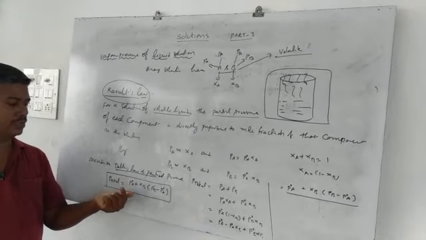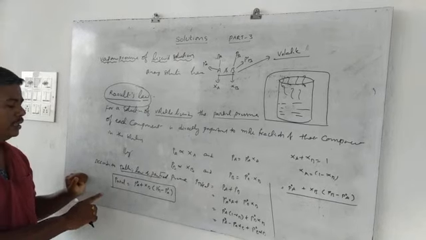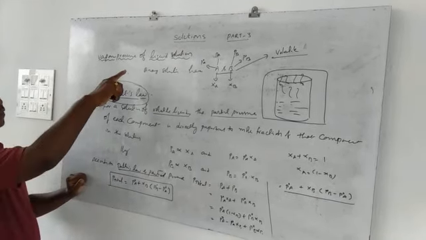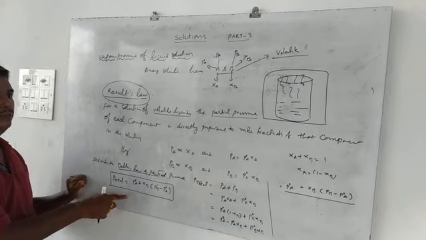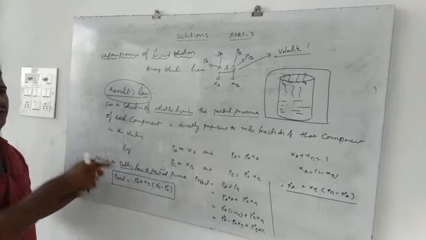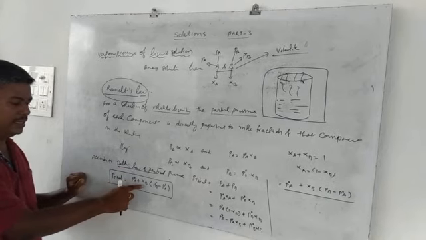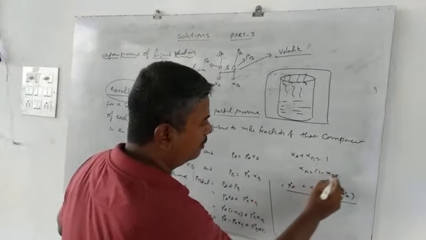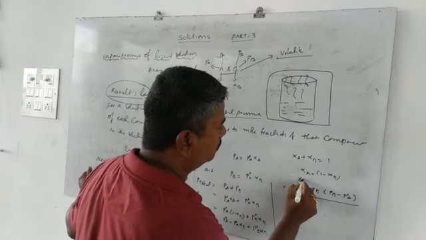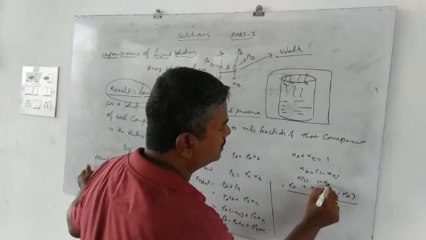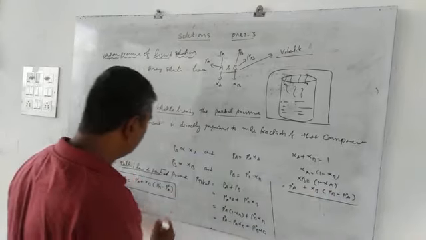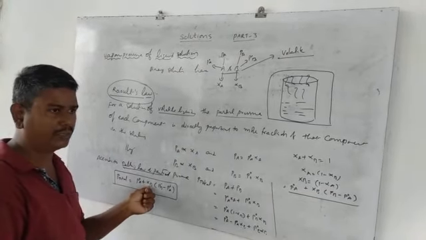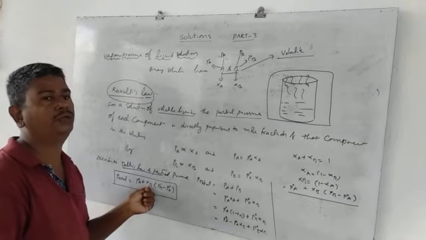Clear? So finally what we conclude here is that the total vapor pressure of a volatile liquid solution can be expressed in terms of any one of its mole fractions. Here it is XB; likewise, XB equals 1 minus XA. If you substitute it here, the same value will be obtained, but here in terms of XA. That is Raoult's law.